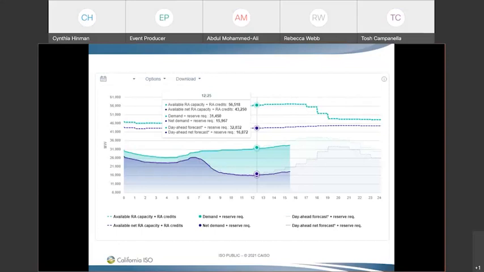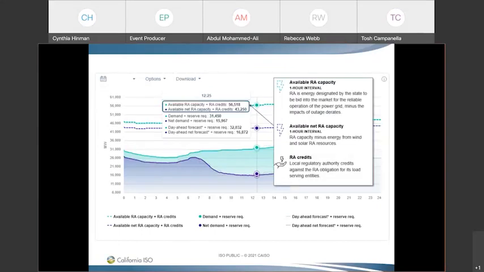So when you go to this chart, it'll look like this. You can click on a particular time, and it's going to provide you with a lot of different information. So first, the two top dotted lines, the dotted green and purple lines, and I'm going to call them green. It might be teal. I'm not sure. Green and purple lines. The first two at the top that we see are the available RA capacity and the